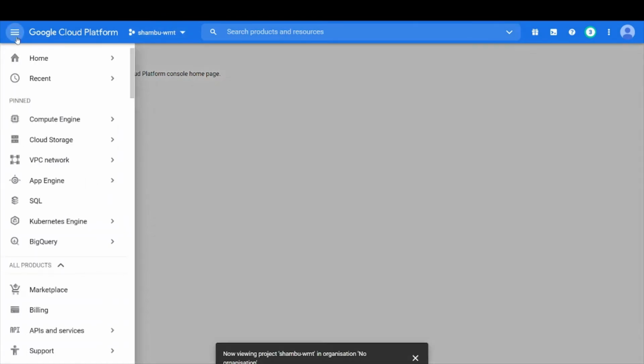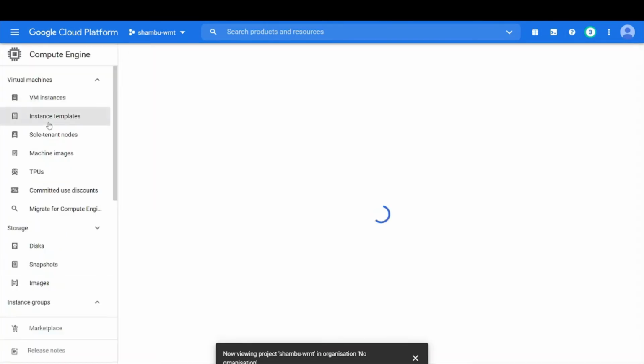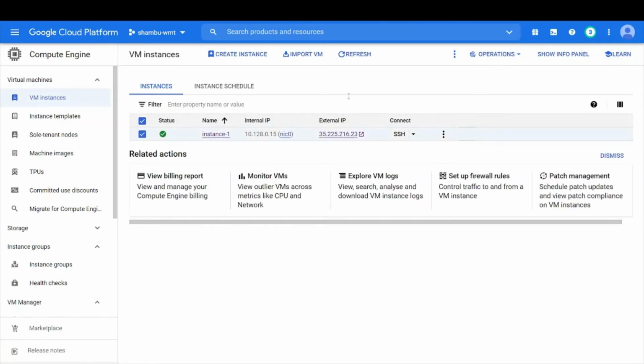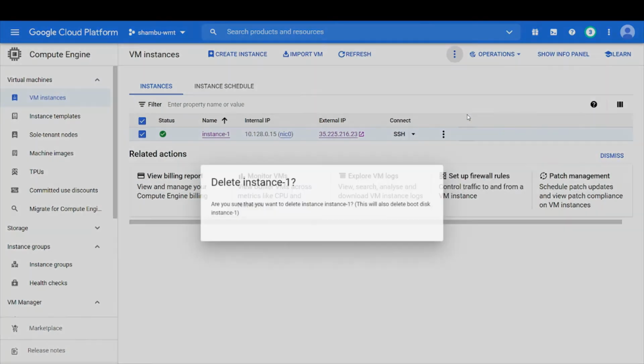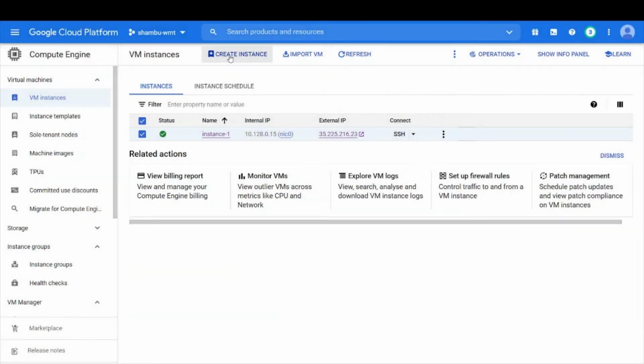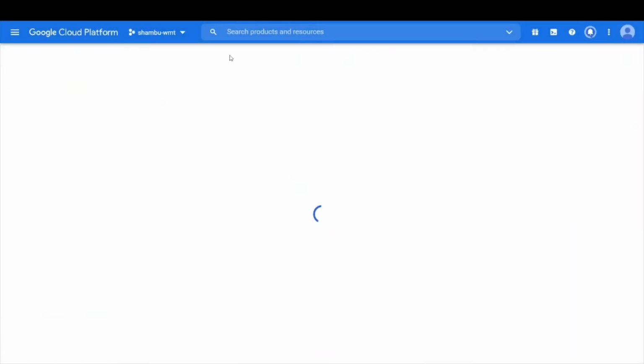Some issue with this. Okay, I'm deleting this VM, and I'll create a new VM.